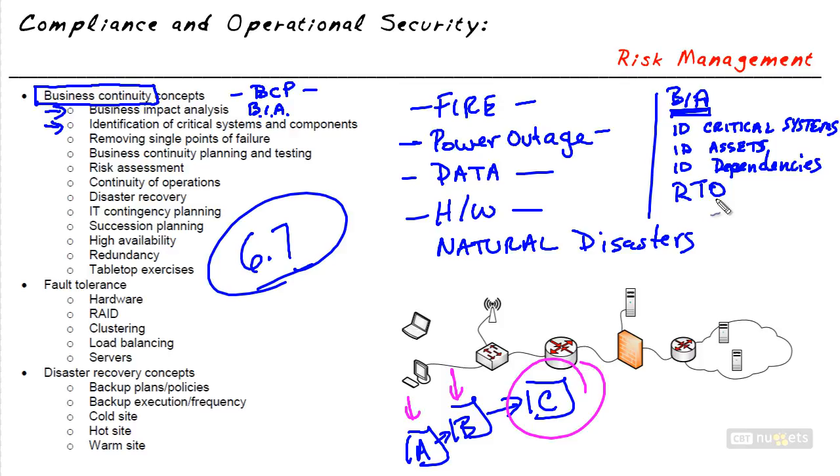So the recovery time objective would be part of the business impact analysis, as well as the RPO. For example, if we only have backups once a month and we lose a whole bunch of data back to that restore point, we might identify in the business impact analysis that that doesn't work. We need to have a more frequent backup system. For example, we may need to restore to the last 6 hours or the last hour or the last 10 minutes.